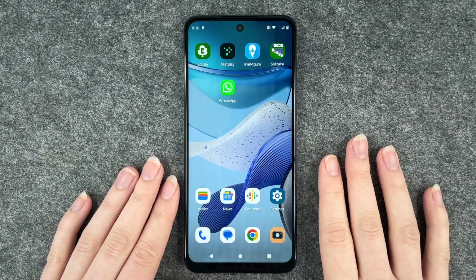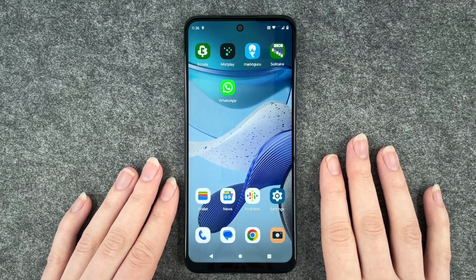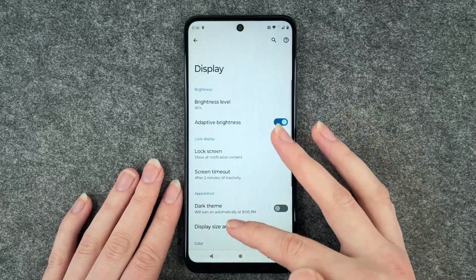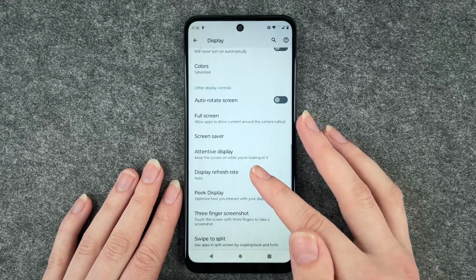Hi buddies, welcome back. It's Anne-Sophie and today I'm going to show you how you can change the display refresh rate on your Motorola Moto G53. For that, you'll want to go to your settings and go to display and then scroll down to display refresh